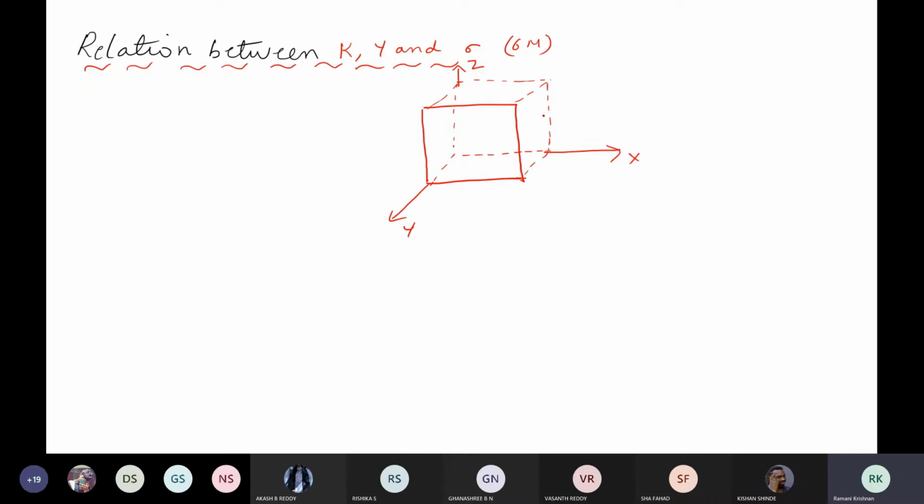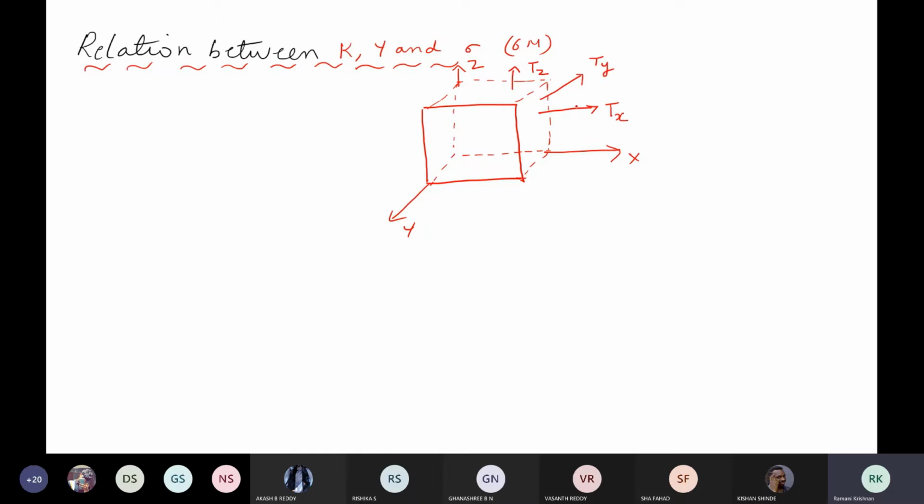Now, let us apply outward stress. Okay, so let us say the force per unit area or tension which is acting in the x direction is Tx. In the same way, the tension which is acting along the z direction is what? Students, tension which is acting Tz. Okay, very good. In the same way, tension which is acting along the y-axis is what? Ty. Okay, this is the outward stress.